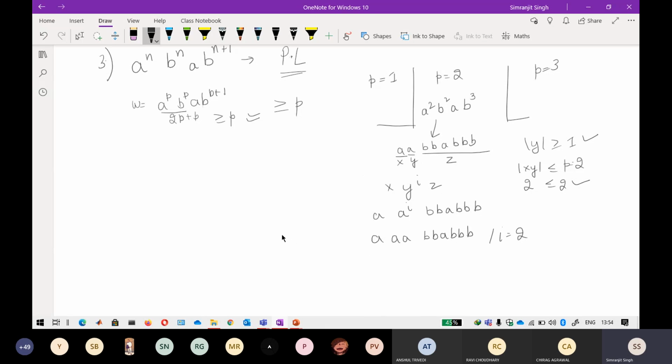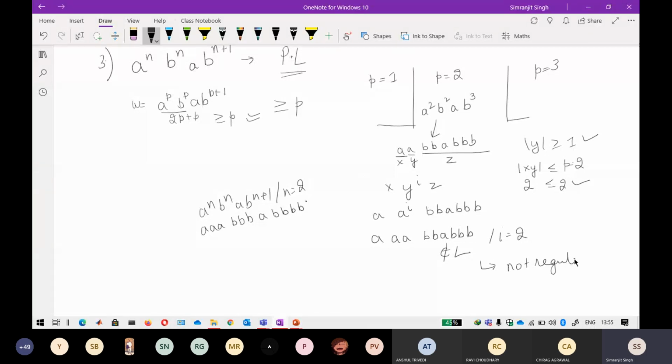If you clearly look at this, what the language is exactly, can this string be possible from here? I don't think so. If you raise a to the power of 3, then I need 3 b's here, but there are only 2 b's. So if I raise it to the power of 2, it will become 3 a's, 3 b's, then there are 4 b's, a followed by 4 b's. I don't think this belongs to the language here. So you can directly say that this fails. That is why this language is not regular.